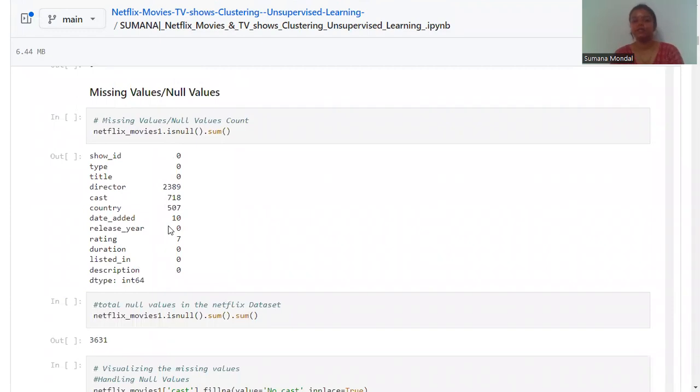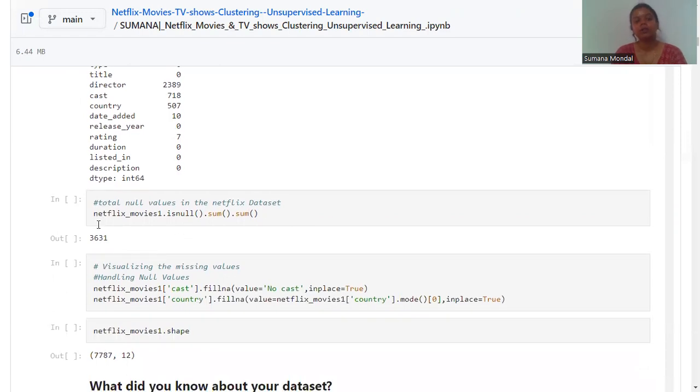Now we are checking the missing values or null values of the columns by using .isnull().sum(), and from that we can see that the director column has 2389 null values, cast has 780 null values, country has 507 null values, date added has 10 null values, and rating has 7 null values. So the total number of null values is